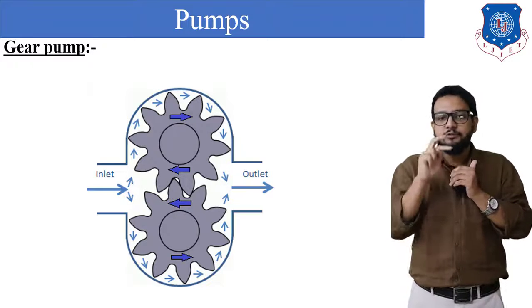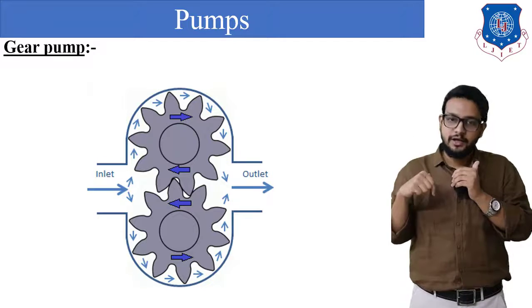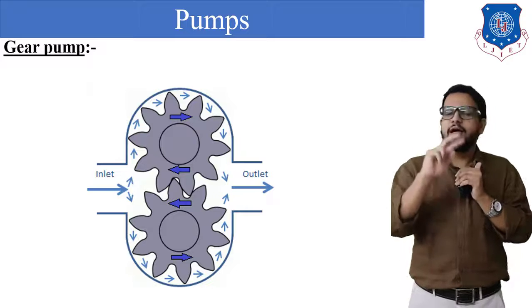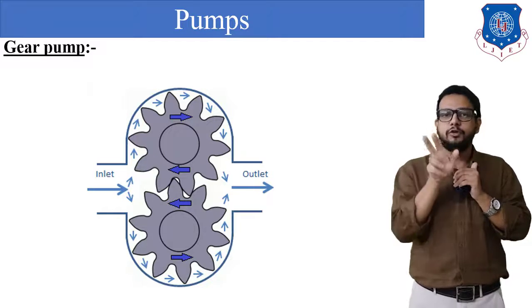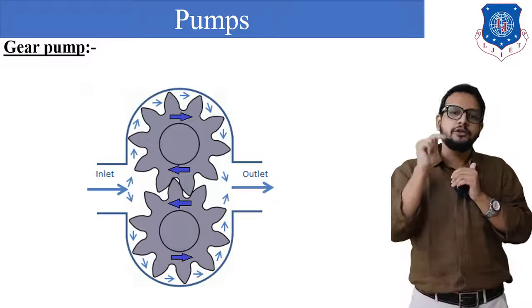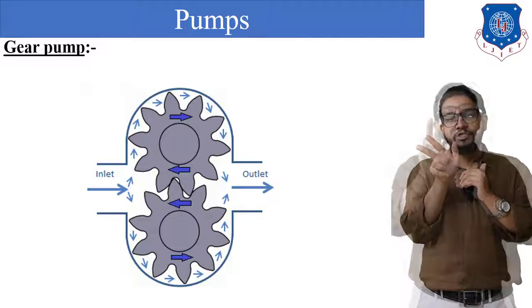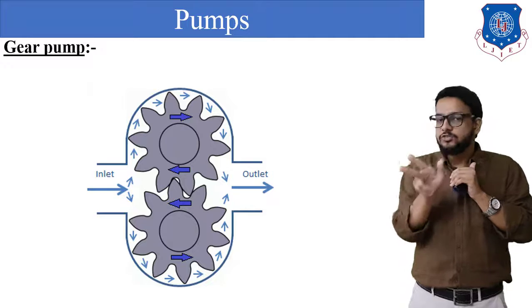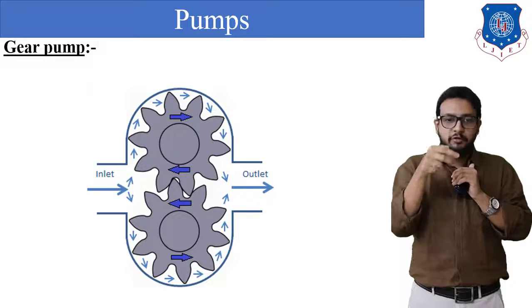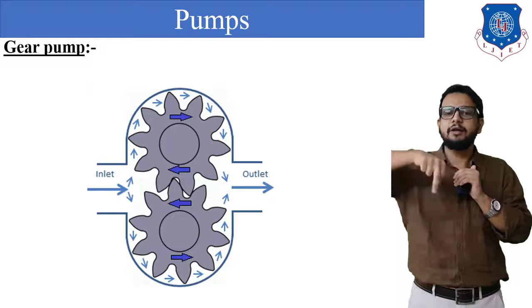Similarly, on the bottom side, liquid will be trapped between two teeth of the driven gear and the casing which is covering those teeth, right? Now that liquid is trapped between the two teeth and the casing. It can only move further in the outlet direction if this gear rotates. So finally, because of the motion of the teeth, on the driving side, liquid is discharged to the outlet, and similarly from the bottom side, liquid trapped in a pocket between two teeth and the casing will rotate in an anti-clockwise direction and transfer the liquid